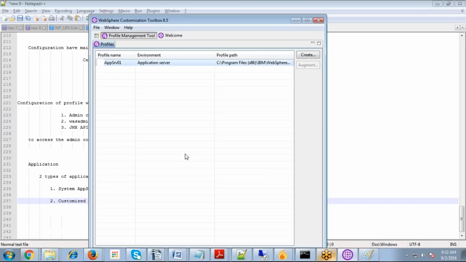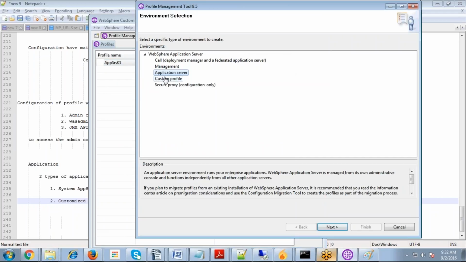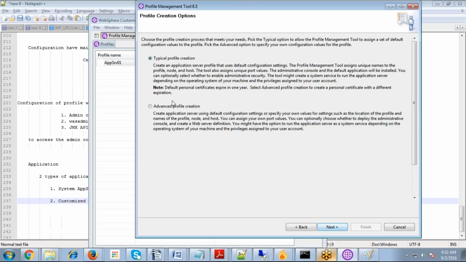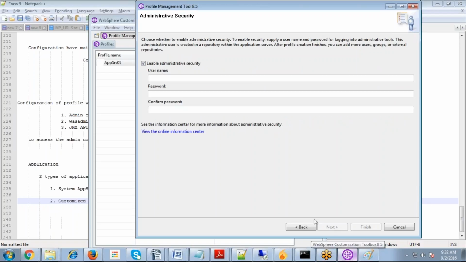Okay. So now I'm going to see. I have created one, and now I'm trying to create one more. Again, it's an application server. We are dealing with advanced profile creation, right? In advanced profile creation, we are going to define the port numbers. We are going to give the node name, server name, and local host name, and all those details will be given by advanced profile creation. When we go with the typical profile creation, it will directly ask us the